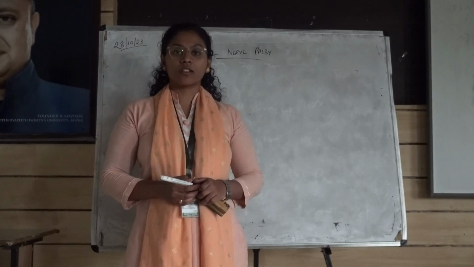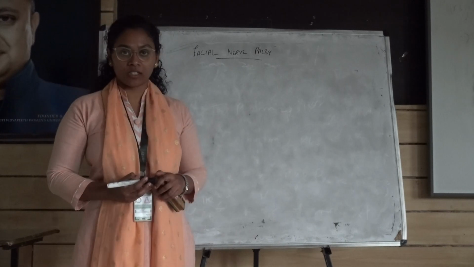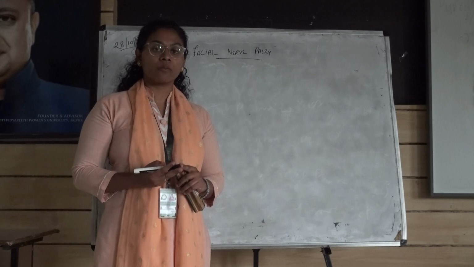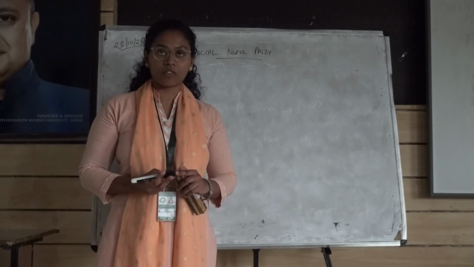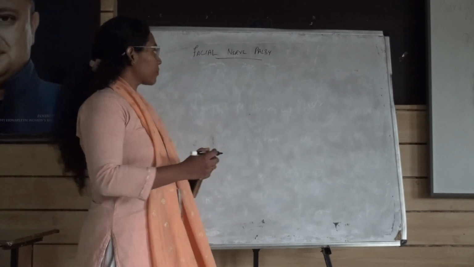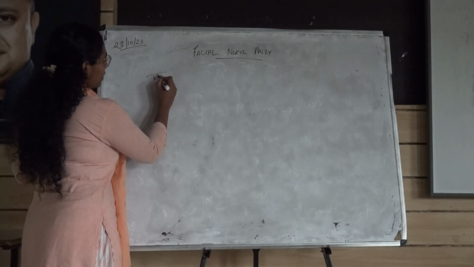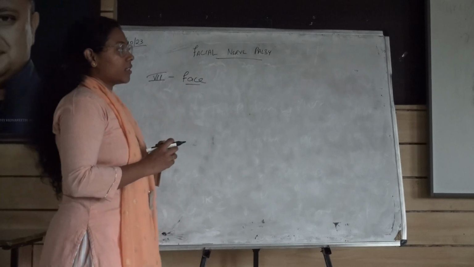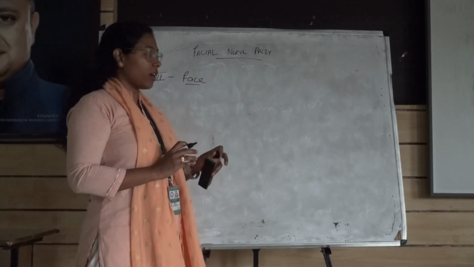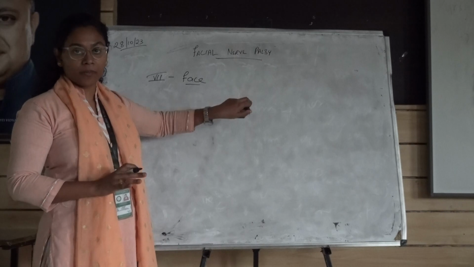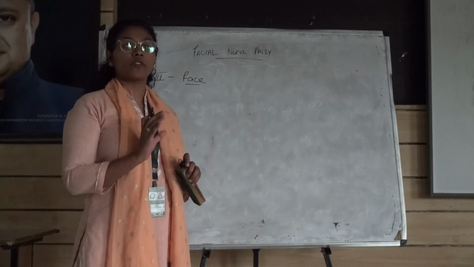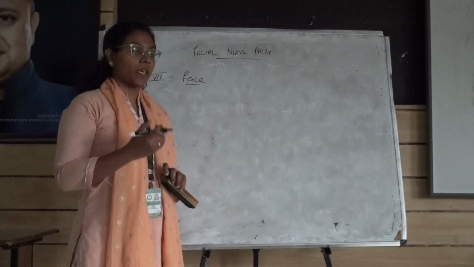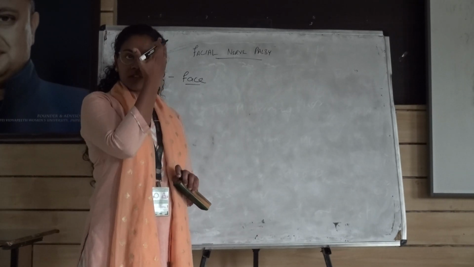Today we are going to discuss facial nerve palsy. What is facial nerve palsy? It is a nerve palsy that is caused by a lesion in the facial nerve, that is the 7th cranial nerve. The 7th cranial nerve supplies the face. It is a motor and sensory nerve which supplies the face. It controls the facial expressions, facial movements, the muscles of mastication, your eye movements, the sensation around